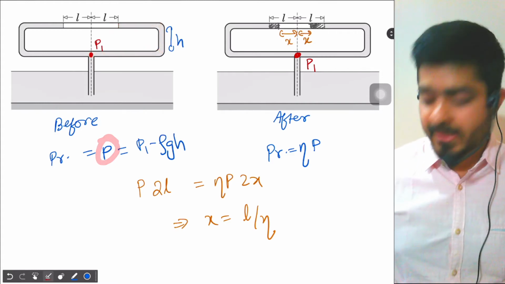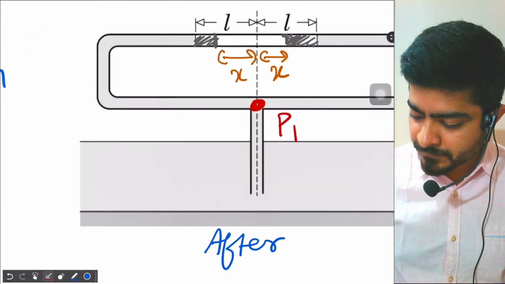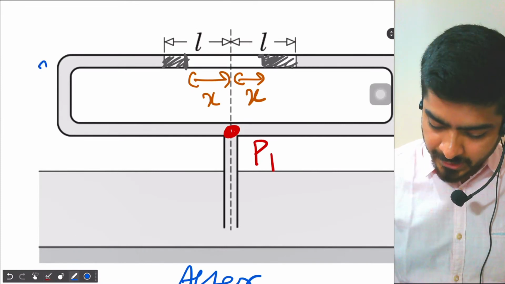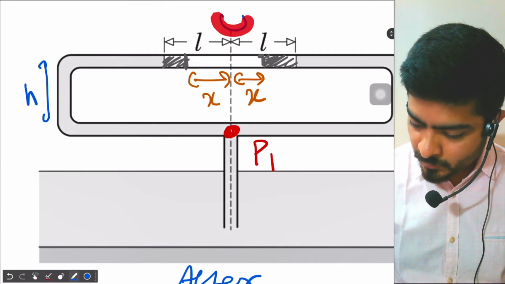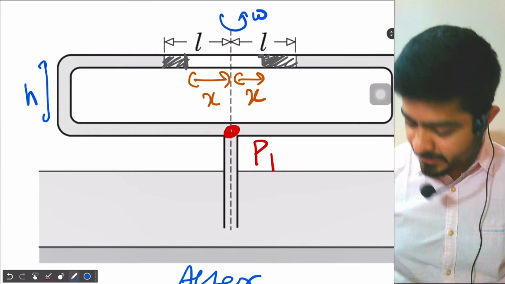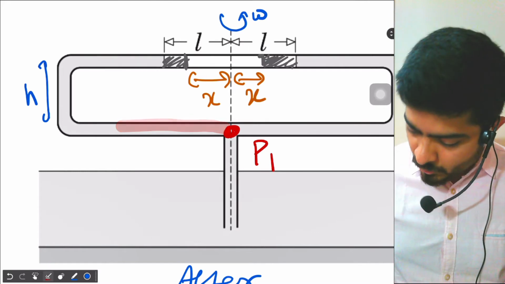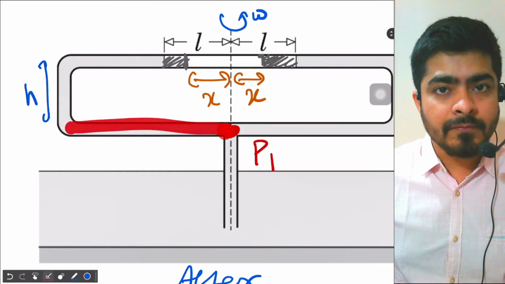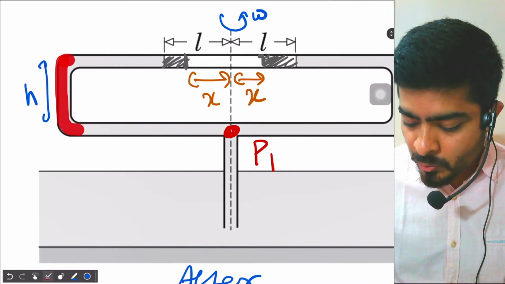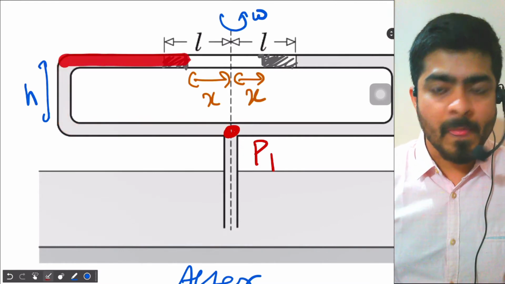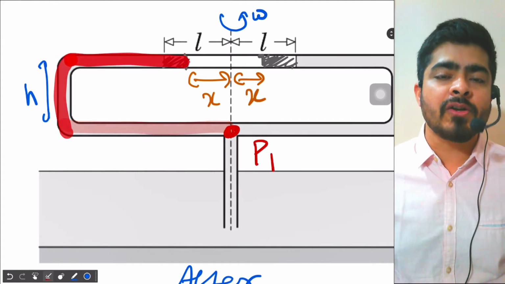But in the final case, when the tube is rotating with omega, what will happen? So let's observe. This is your height h. Now because of the rotation, let's mark the angular speed omega over here. Pressure will be increasing in the radial direction, so pressure will increase over here. Then you go up, pressure will decrease because of height, and when you go again inwards, pressure will decrease. Here the pressure is increasing because of rotation, and here the pressure is decreasing because of rotation.